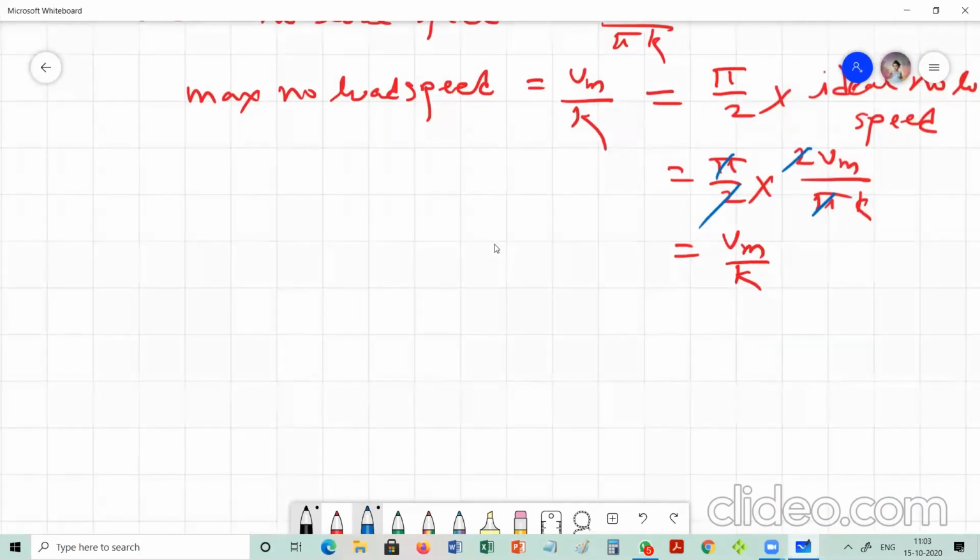So in the paper, they may ask, or an MCQ may be there: maximum no load speed is greater than ideal no load speed by a factor of dot dot dot. Okay, you should know this factor pi by 2. So one note you have to